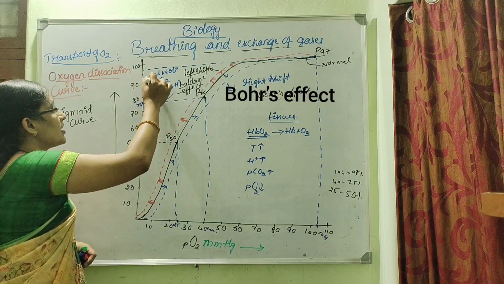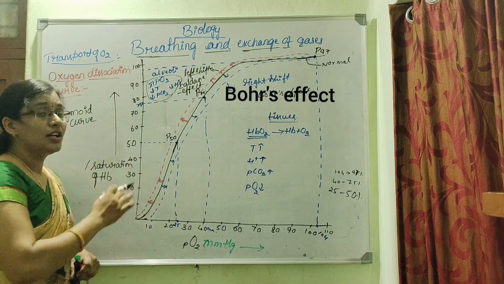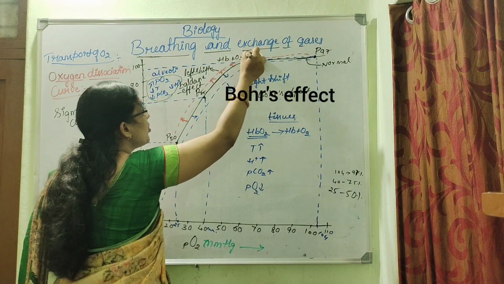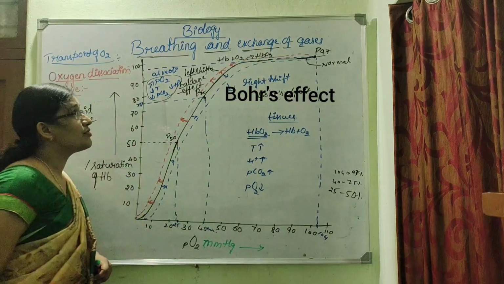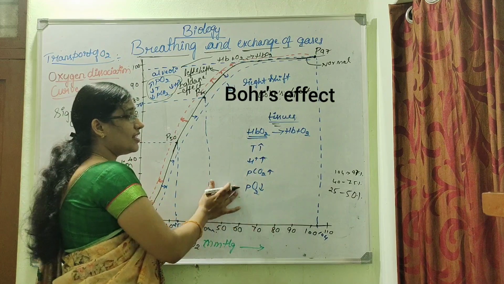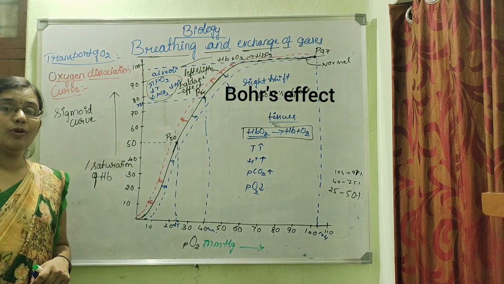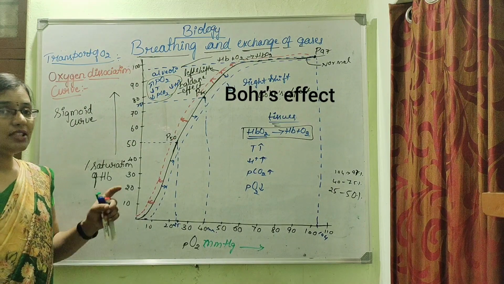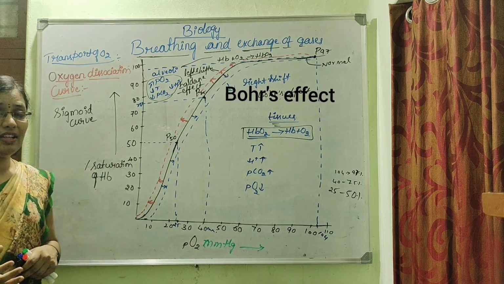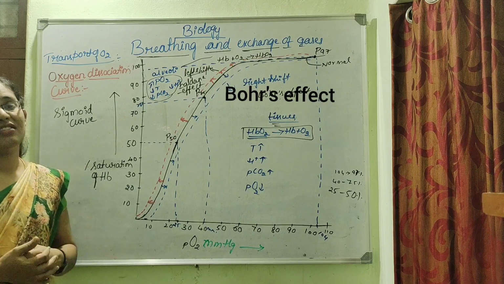And these are all the factors that influence the binding of oxygen to the hemoglobin to form oxyhemoglobin. So oxyhemoglobin is formed inside the alveoli, whereas inside the tissues, due to all these factors, there is the dissociation of oxyhemoglobin into hemoglobin and oxygen. And this oxygen dissociation curve helps us to know the relationships between the partial pressure of oxygen, partial pressure of carbon dioxide, and various environments inside our body.